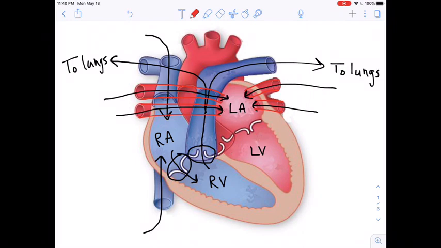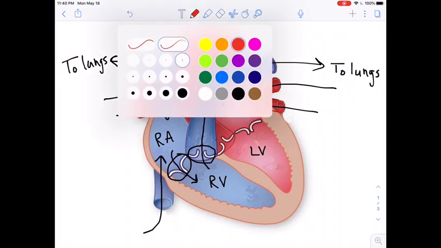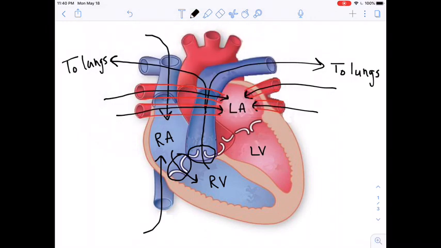Okay, now that this oxygen-rich blood has returned to the heart, it is emptied into the left atrium. Then the blood is again pushed through another valve, and that is called the bicuspid valve, sometimes also referred to as the mitral valve, and the blood goes from the left atrium into the left ventricle. Later, when the muscles around the left ventricle squeeze, that blood is then pushed through this valve into this blood